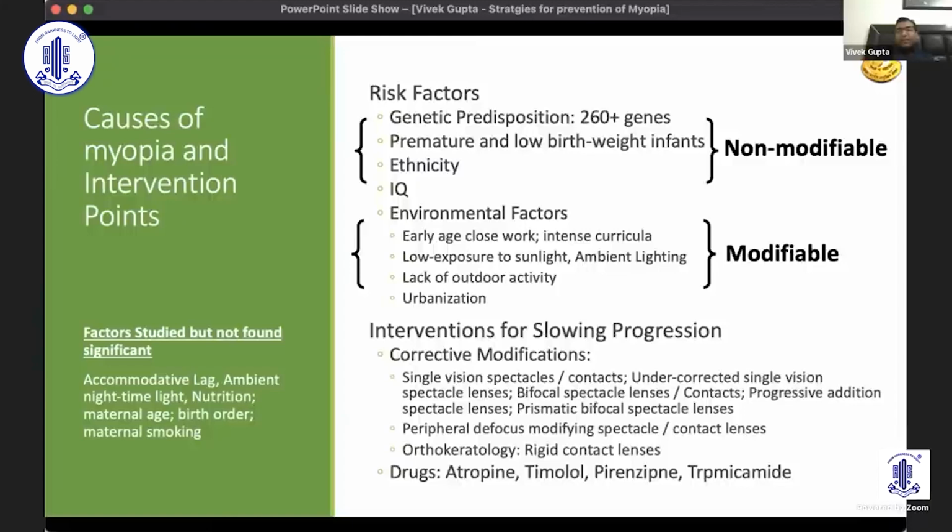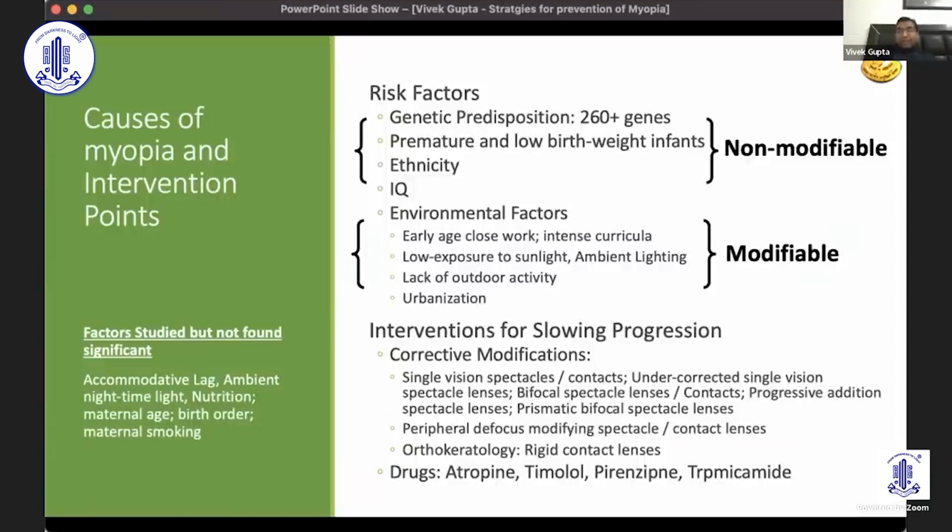So genetics, if East Asians have a higher genetic predisposition, we can't really do much about it. But we can definitely work on environmental factors, which are well known: increased near work, decreased outdoor activity, maybe